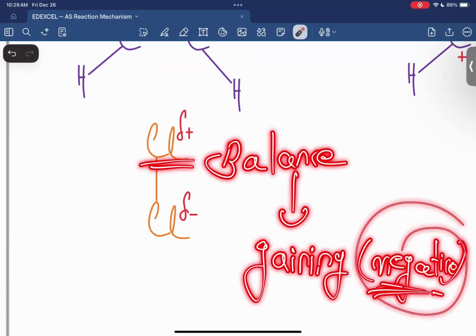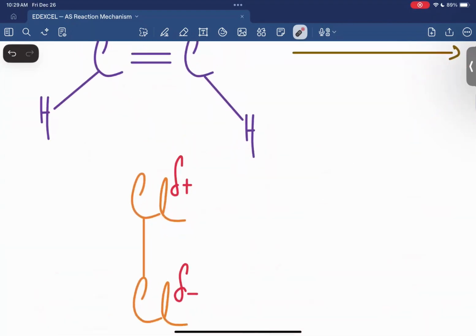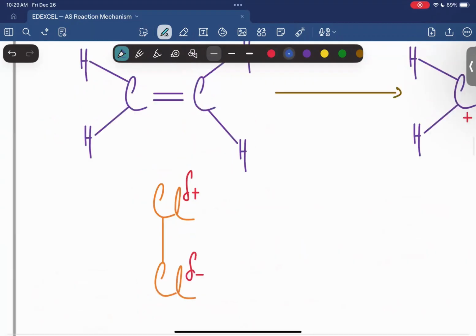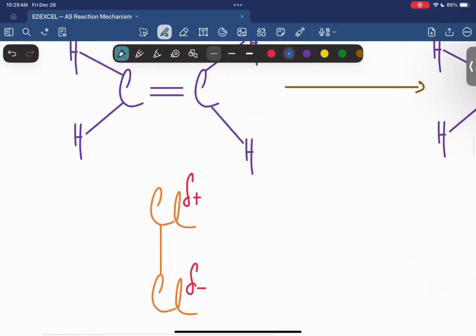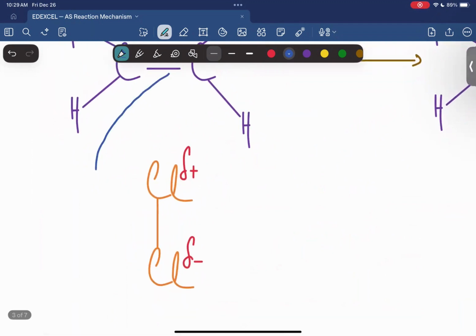And what is negative in our chemistry syllabus? Electrons. So where is it going to gain the electrons from? From these pi bonds, because the pi bonds are extremely electron rich. Now I'm not going to get into the details of why it is electron rich, but if you still have queries about that, do let me know in the comment section. So the electron is going to be taken by this chlorine,